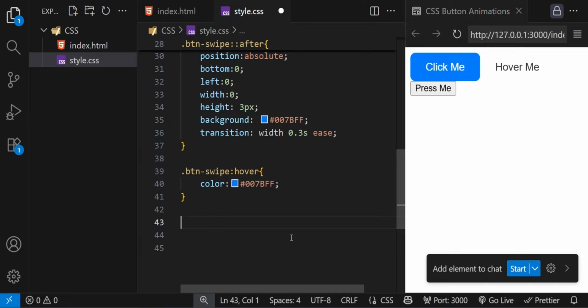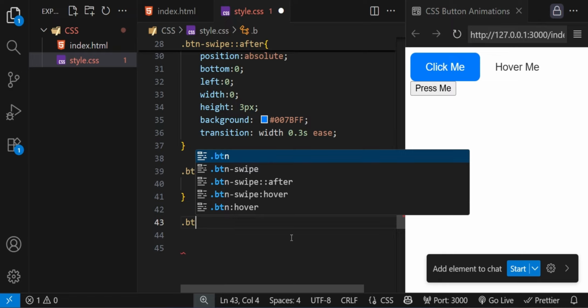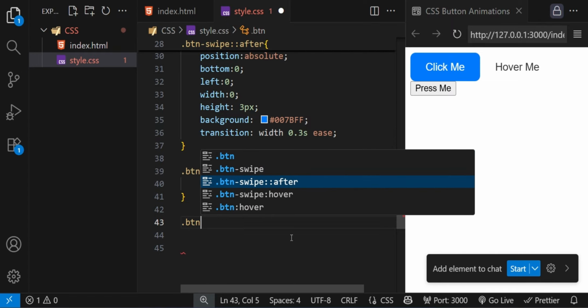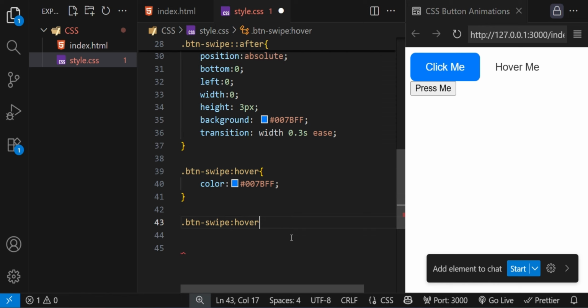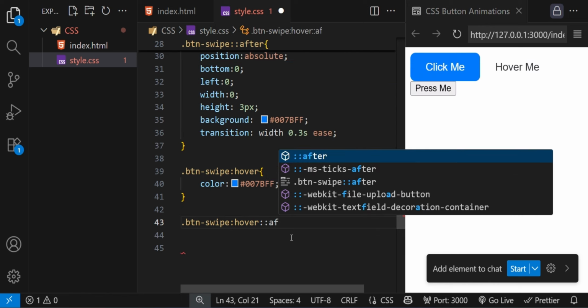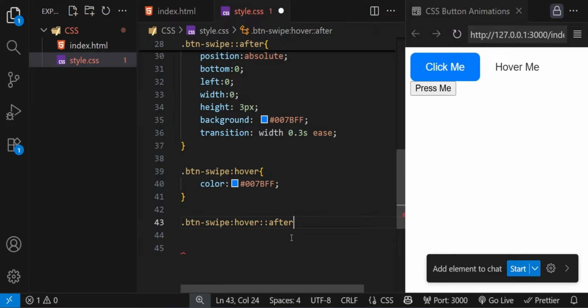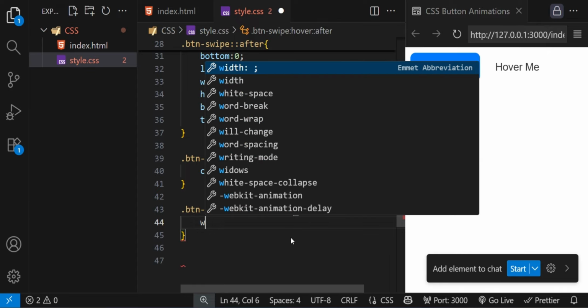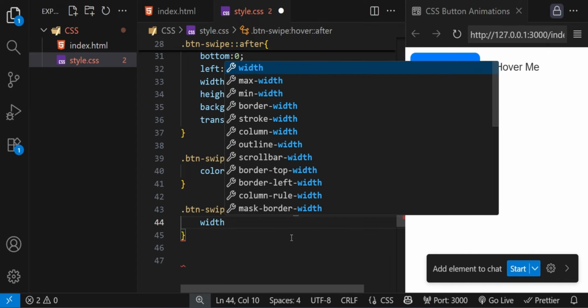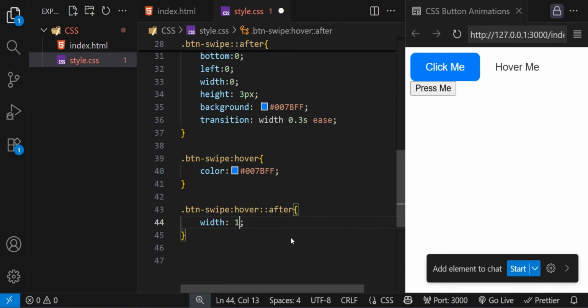So you have btn swipe, btn swipe hover after, width to 100%. Okay,